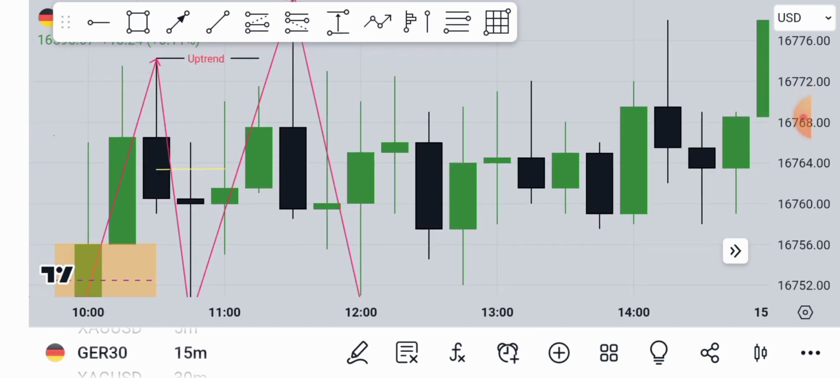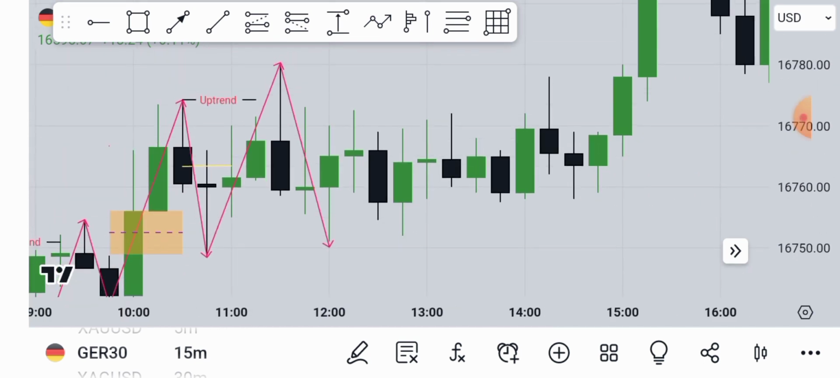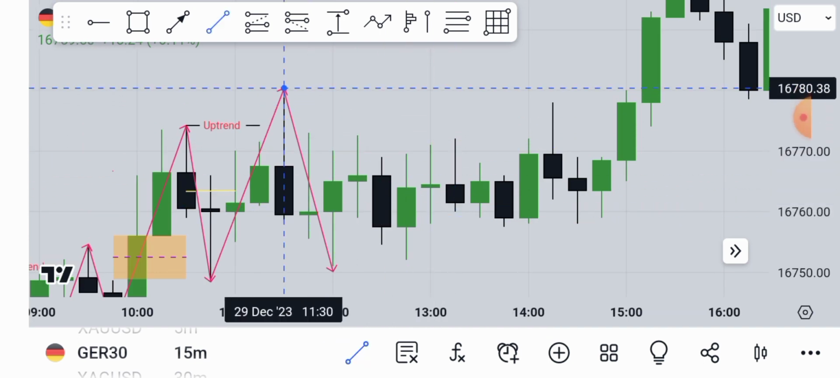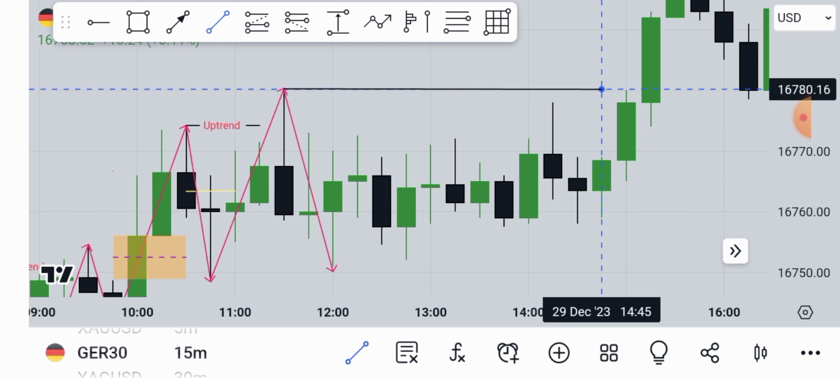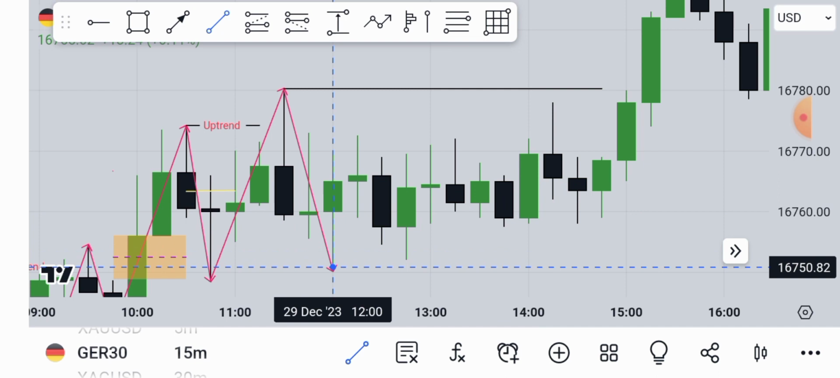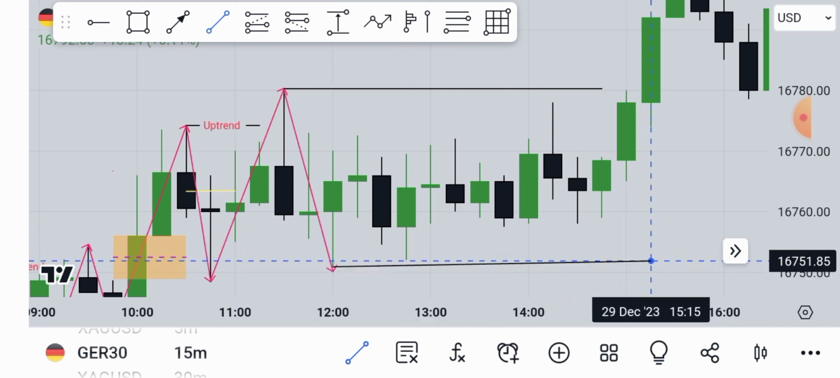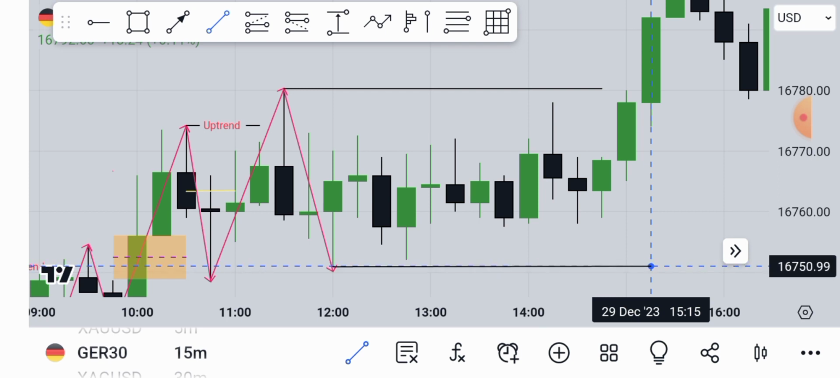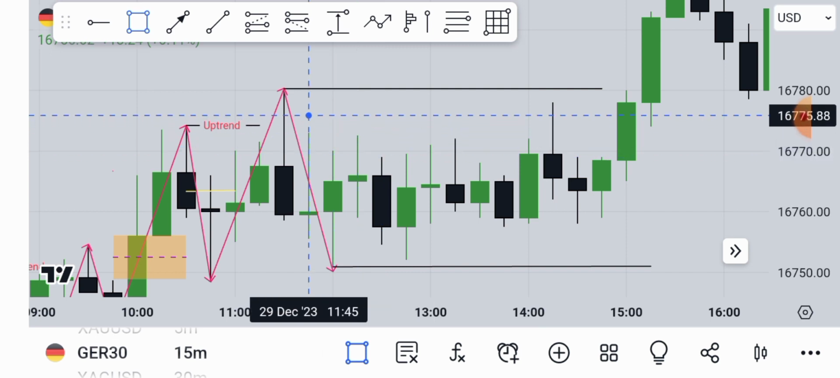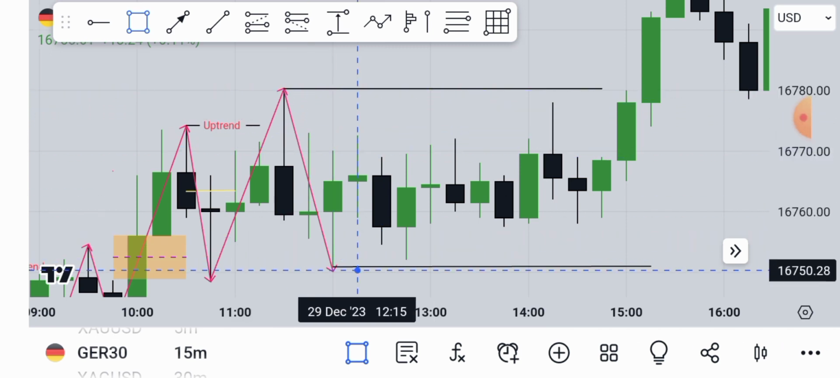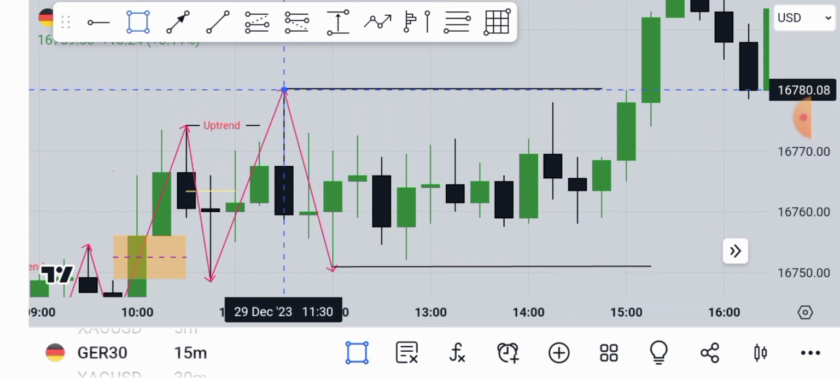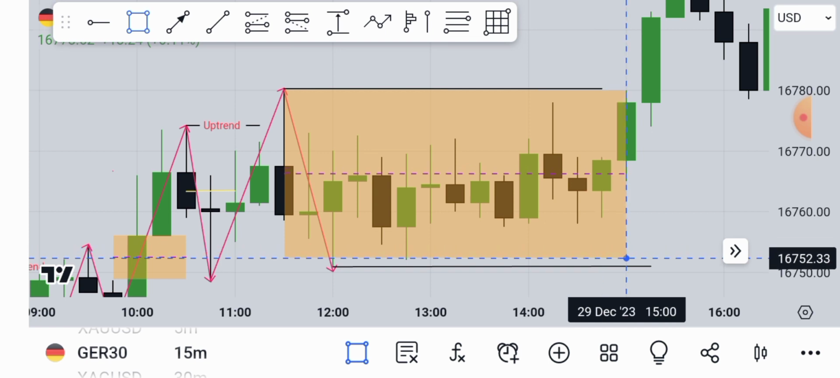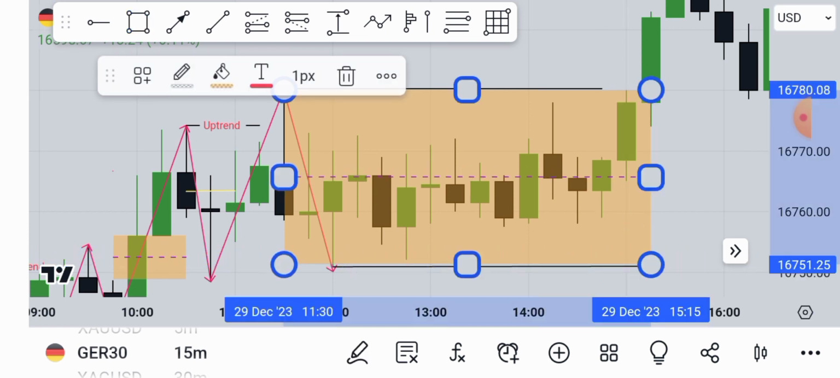So let me show you something here. So we are within this high, and then this low. And then everything from this high to this low, it's a range. As you can see, it's ranging from here to there. It's a range